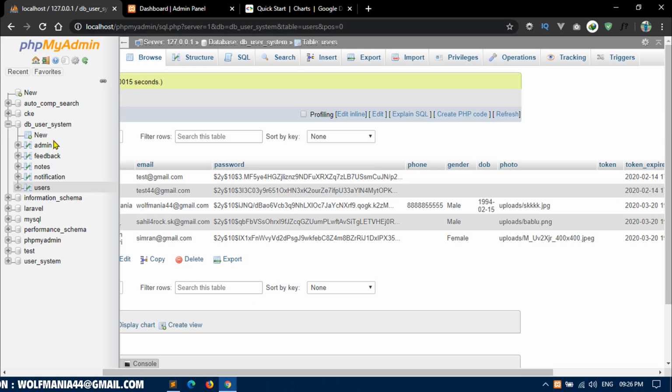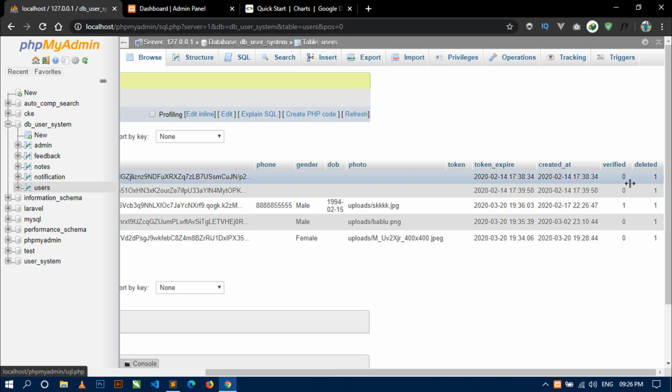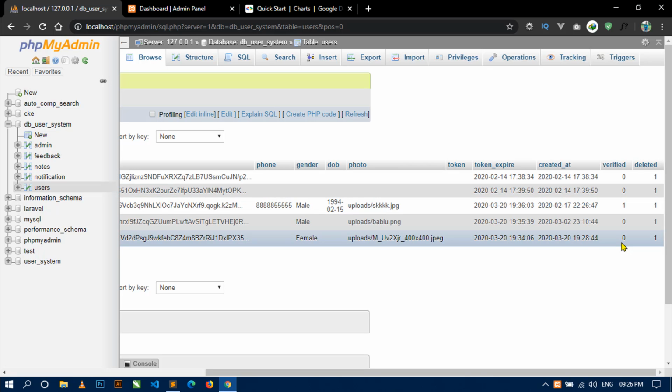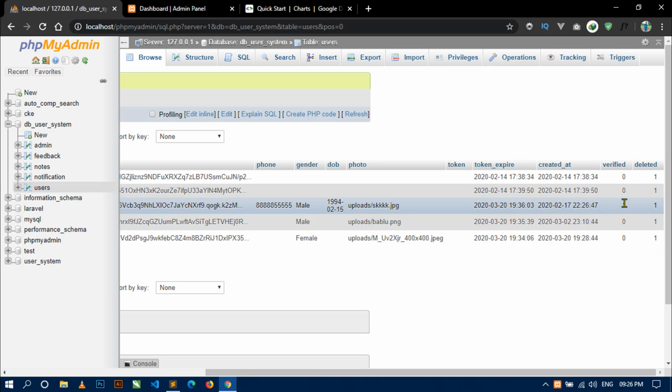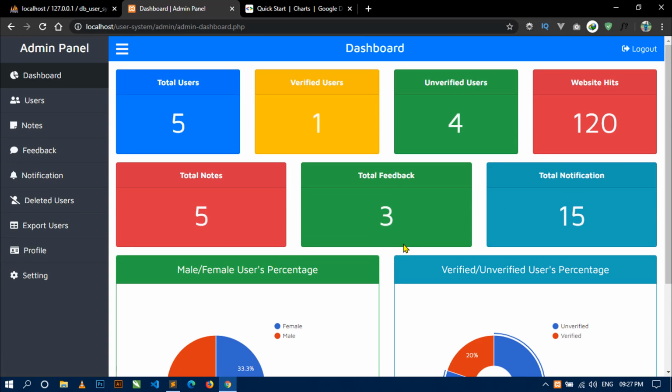Okay, now if we come here in users table and let's check, in verified column we have 4 users who are not verified and 1 user who is verified. Okay, and here displaying correct. Okay, now we have to work on this website hits. Okay, and all things are